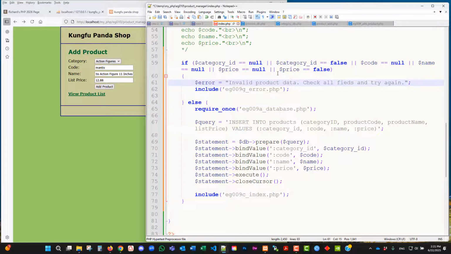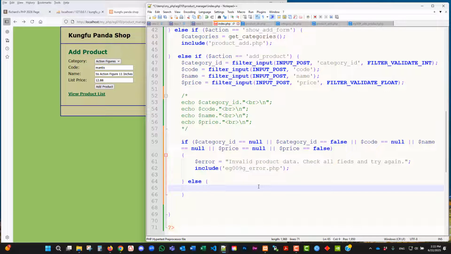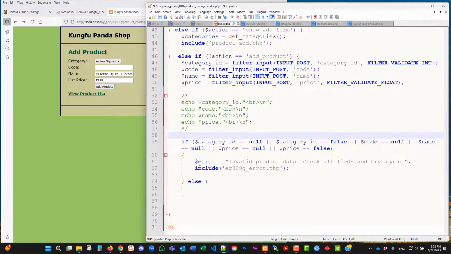Okay, if something is wrong, let's take care of the error first. Then we take out the else. I don't need everything in the else first, so let me delete everything in the else. So if something is wrong, let's say you forgot to key in the code. When you submit, the error will be this error page, and then you include an error. Obviously, this won't work. So we have to create an error page